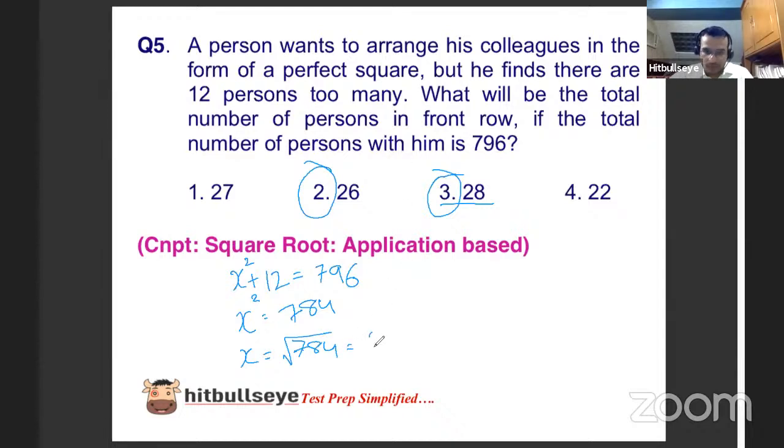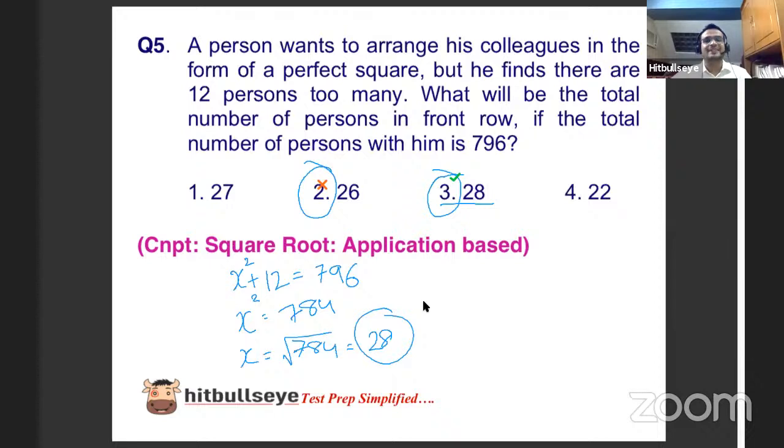It is nothing but 28. Perfect, that is the right answer. Third option, not second. Please check. Third is the right answer, not the second option. Because